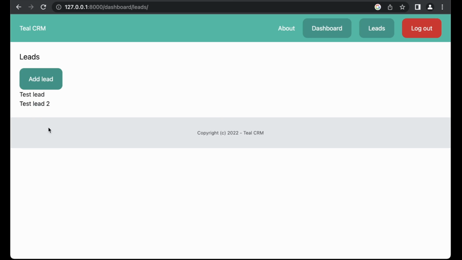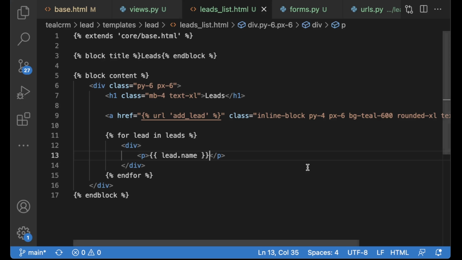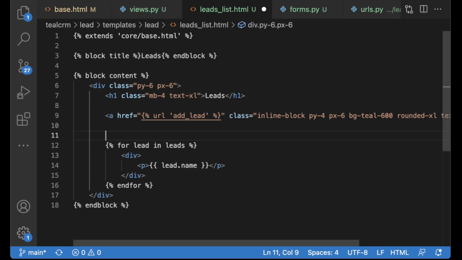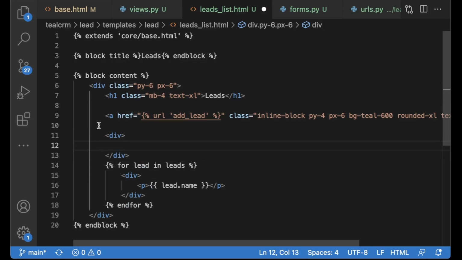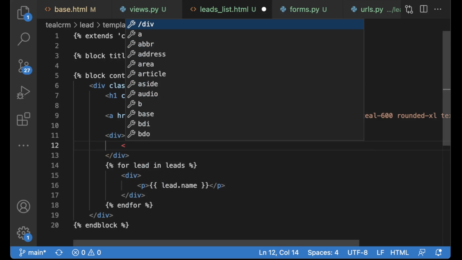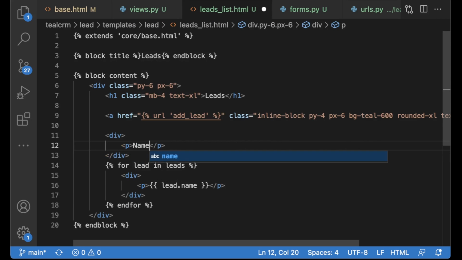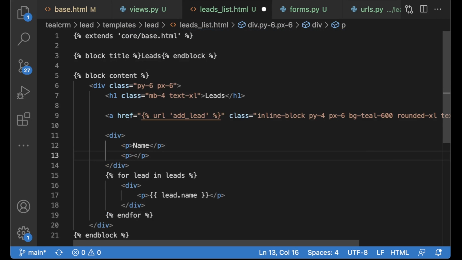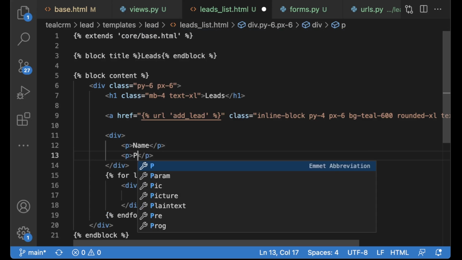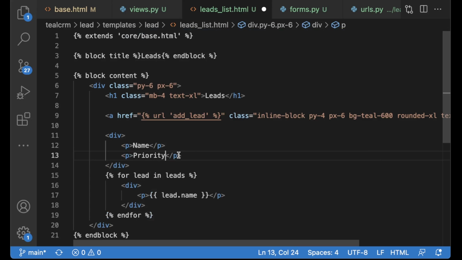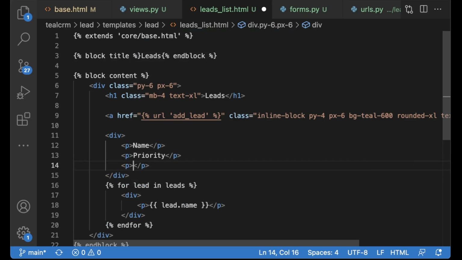So it can't look like this, and we want some more fields here as well. So let's create a new div up here, and then div, sorry, I can say p name and p priority, yeah, okay, that's correct.